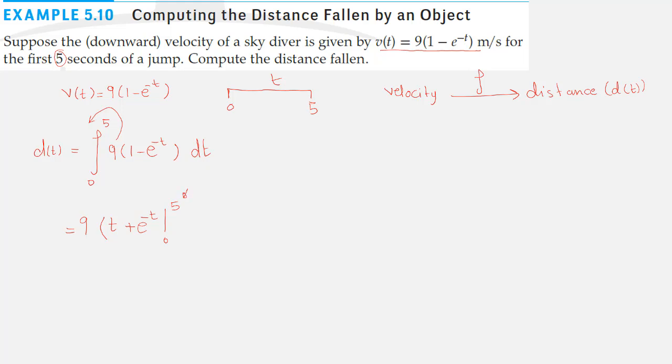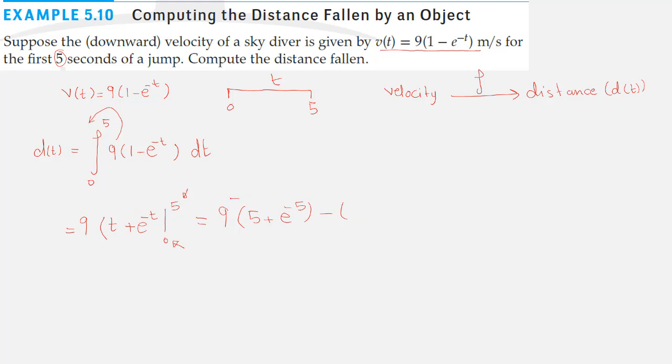We substitute with 5 and then we subtract what we get after we substitute with 0. Okay, so 9 times 5 plus e to the minus 5